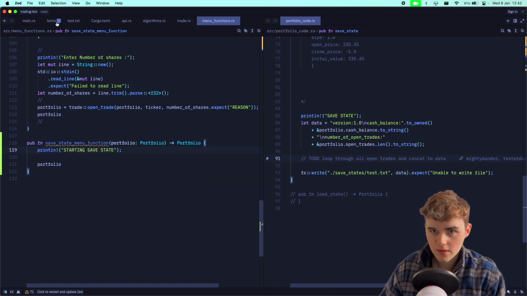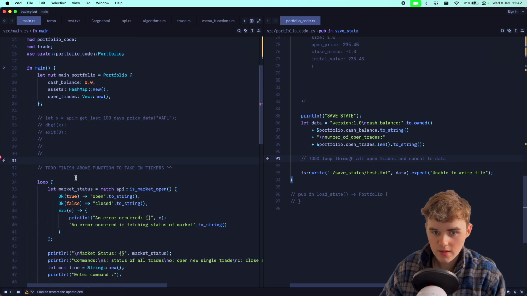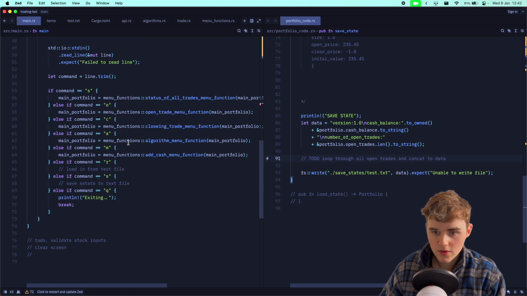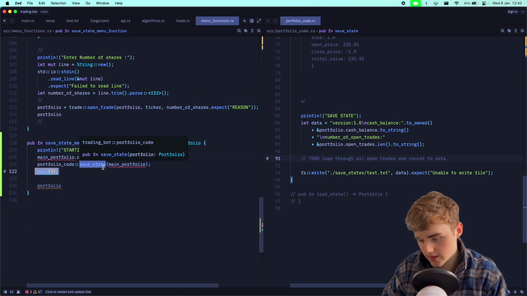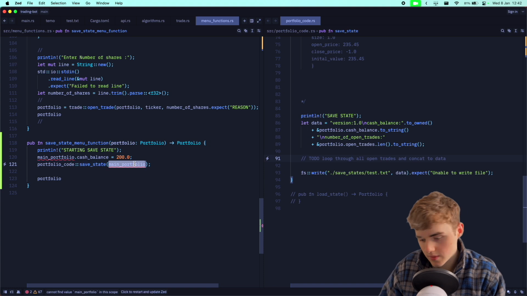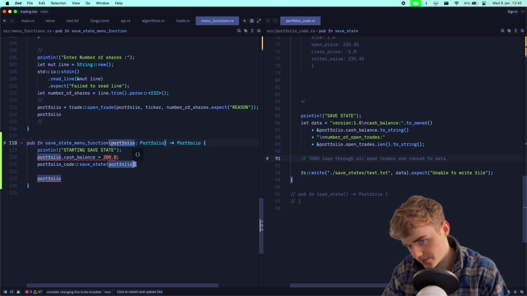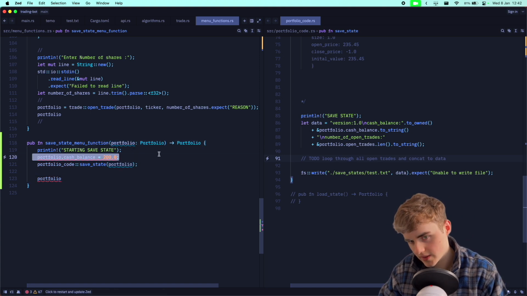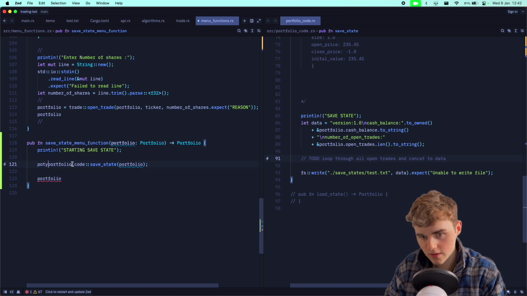So menu function, we're gonna go to main. We're going to basically copy this to our save state menu function, except we don't need to exit. We'll call in this, but instead of giving it main portfolio, we'll give it portfolio. Oh, because it's not mutable. I don't actually really want to be doing that. This will also return